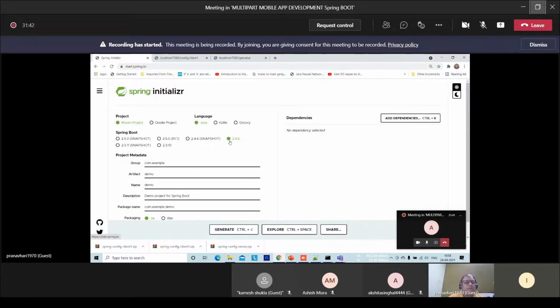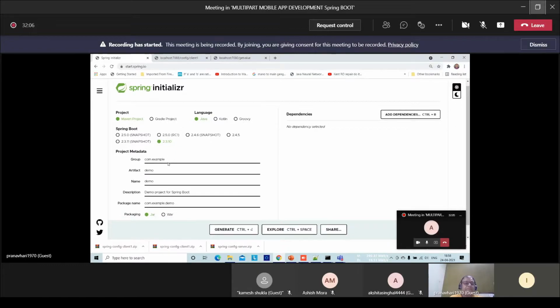We should go for a slightly previous version, not always the very current one, because many developments are still taking place and it is not fully compatible with all the dependencies. That is why I'm choosing the one just before that.